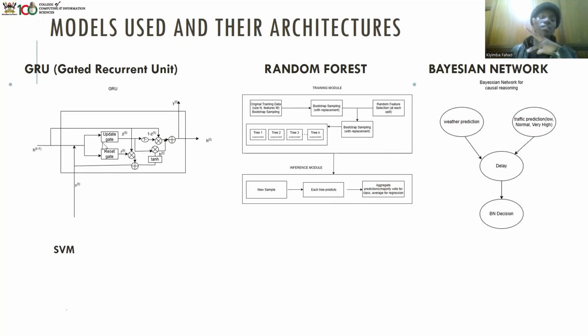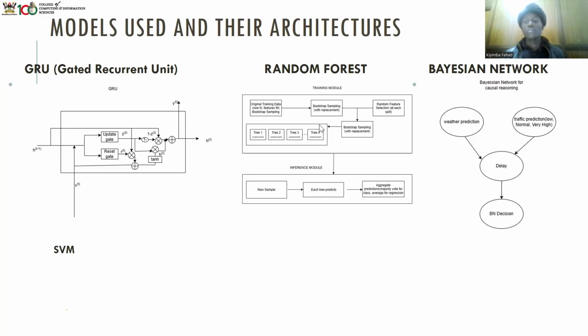So we'll start with the gated recurrent unit. What it does is take in the input as well as the previous hidden state. It processes those inputs through the update gate and reset gate. So when we put in the new weather readings or traffic readings in the GRU along with the previous hidden state, we pass them through the update gate and reset gate. In case we need to update something or reset something in the hidden state, all the computations are made here, okay? Then we output a new hidden state, then the output.